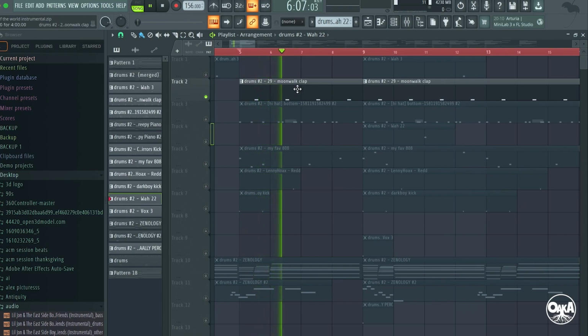And after I got all the instruments done, I moved on to the drums. And when I make my drums, usually I'm trying to have them follow the melody. So a lot of times I'll make the melody first and have the drums follow it. The next sound I added was the hi-hats, and this is where I'm trying to add the flavor and some of the bounce to the beat. And I kept the hi-hats real simple except for the ends of the second and the fourth beat of the loop.